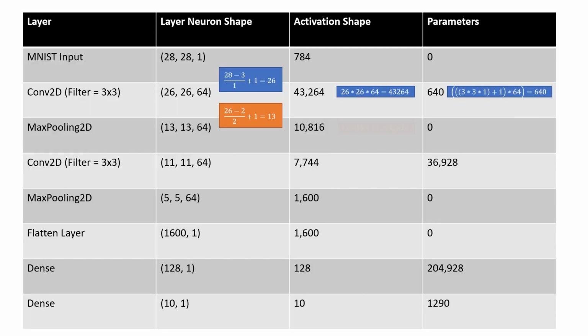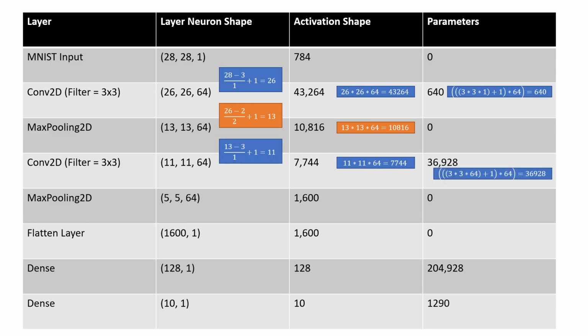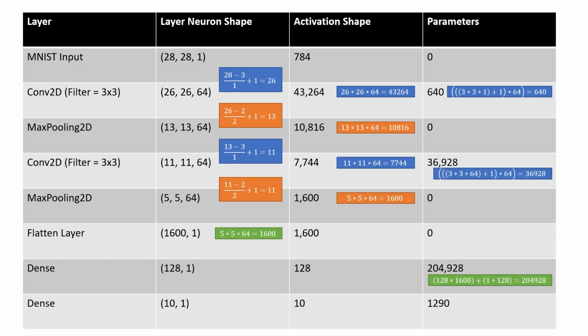Okay, so this is a very important concept that people often don't understand, and sometimes it might turn out to be an interview question. So how does a neural network calculate the parameters based on the number of layers and the number of activation neurons? It is better that you understand this, because by the end of this video you will be able to calculate the parameters that you define in your neural network very efficiently.